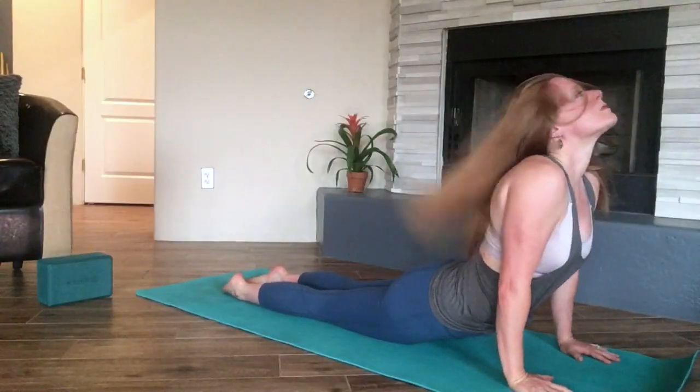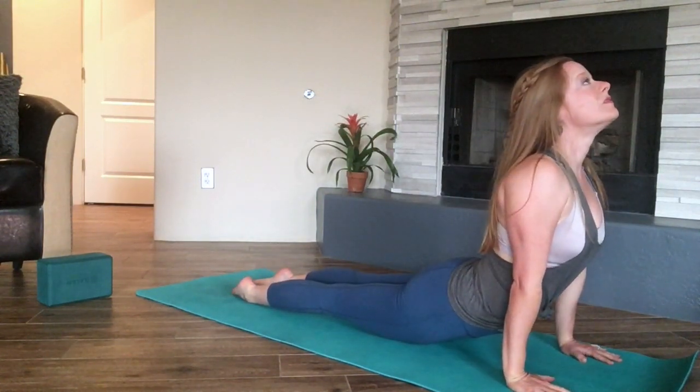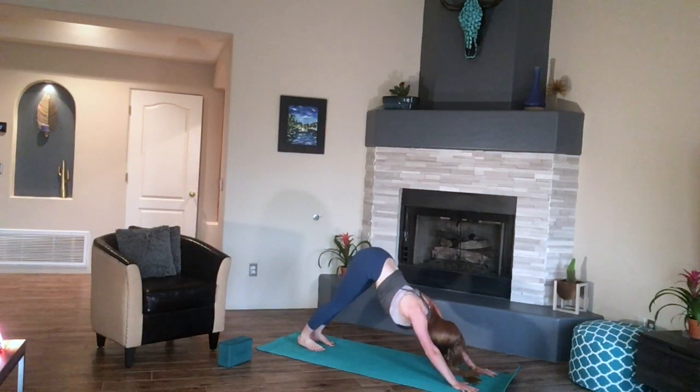Rolling onto the top of both feet. Lifting up in your upward facing dog. And let's find down dog once again. Good. From here, keeping the hips and legs just where they are, we're going to drop down into our dolphin